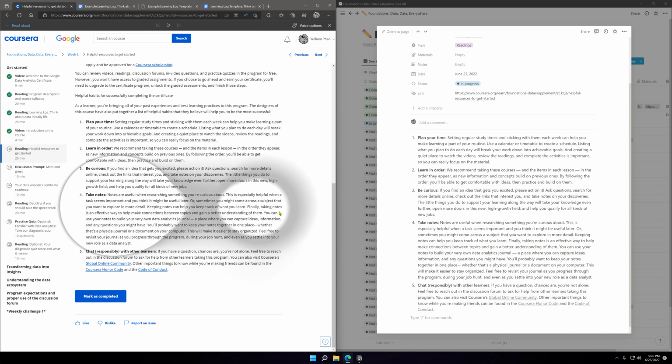You can use your notes to build your very own data analytics journal, a place to capture ideas, information, and any questions you might have. You'll probably want to keep your notes together in one place, whether that's a physical journal or a document on a computer. All right, well, I'm using Notion for that.